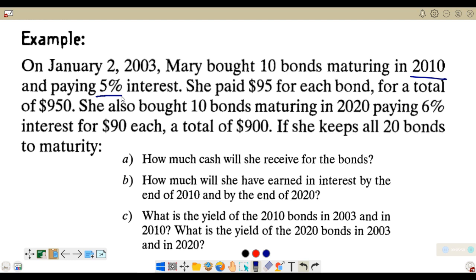And it pays 5% interest. So, she paid $95 for each bond. Hindi rin nasabi dito kanina. Di ba sabi ko ang gulo na example natin? So, hindi rin nasabi dito kanina that we will also hold the face value of $100 just like in the example that we discussed earlier. So the face value of this bond is also $100 for a total of $950. She also bought 10 bonds maturing in 2020 paying 6% interest for $90 each. A total of